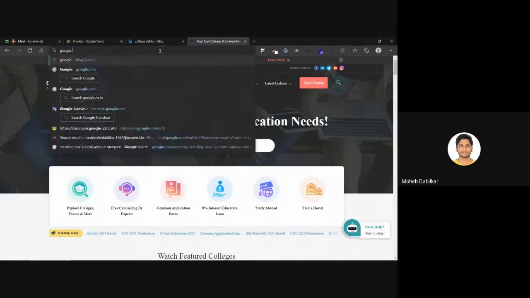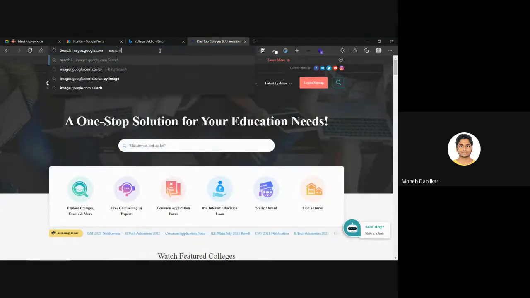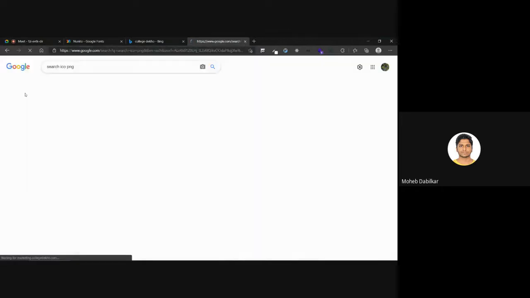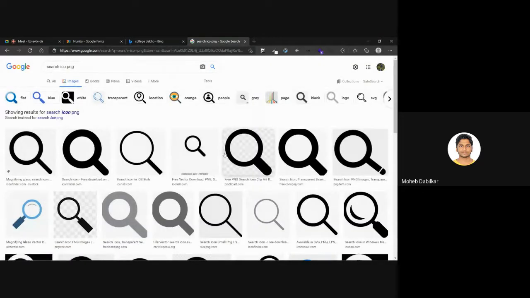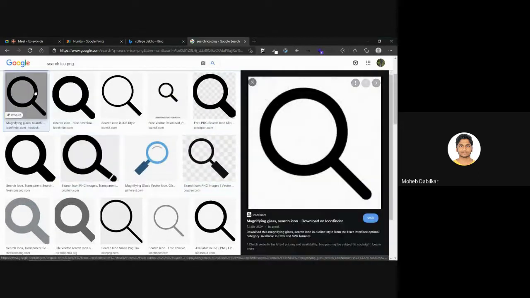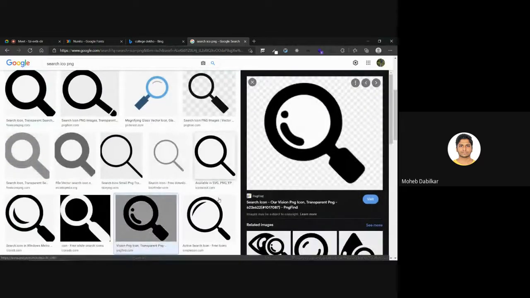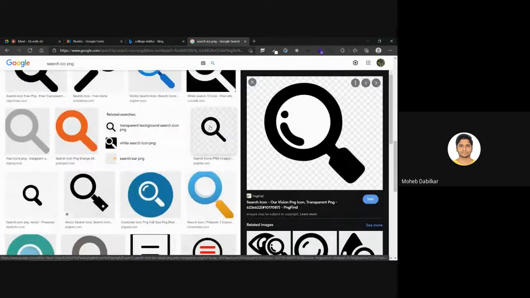Let's just go to, hopefully we get a true PNG. Now I really don't trust those PNGs. Nope, not a PNG. A PNG please. No, this is also not a PNG.